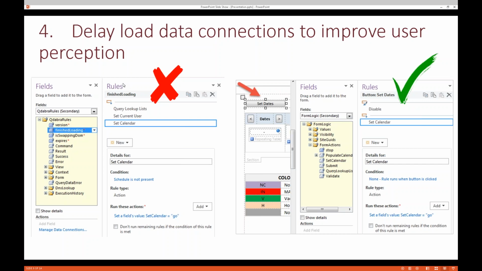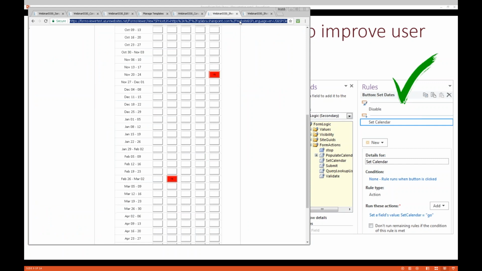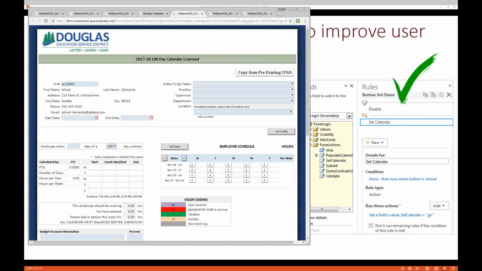Technique number 4 is to delay data connections on load. We already showed this a little bit with the set dates. When I was in Chrome earlier, you saw, let me just go back here. When I filled out this form, I actually clicked on get config and then set dates. And the benefit of lazy loading or delay loading this secondary data source is, number 1,